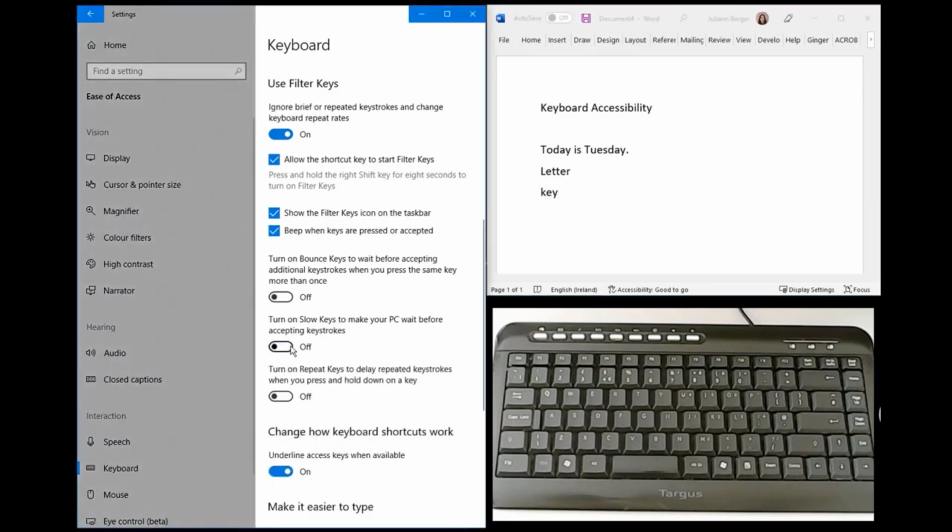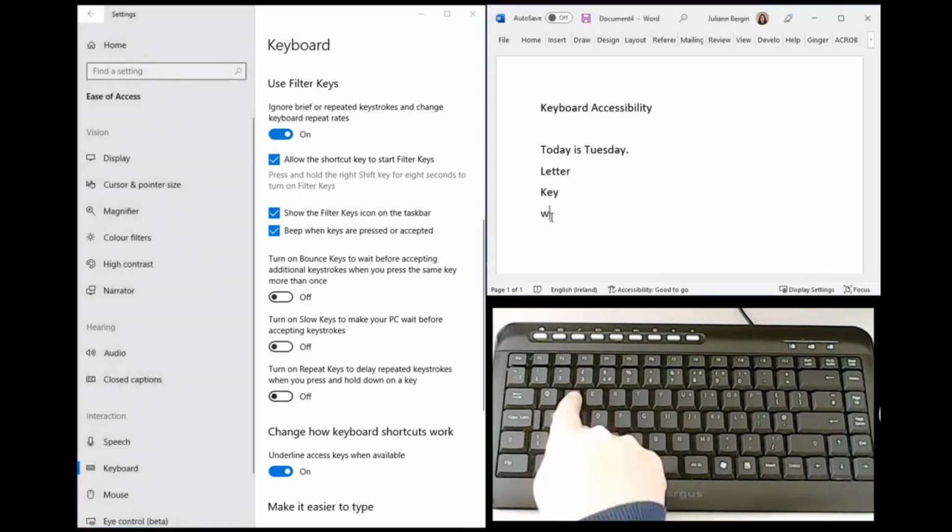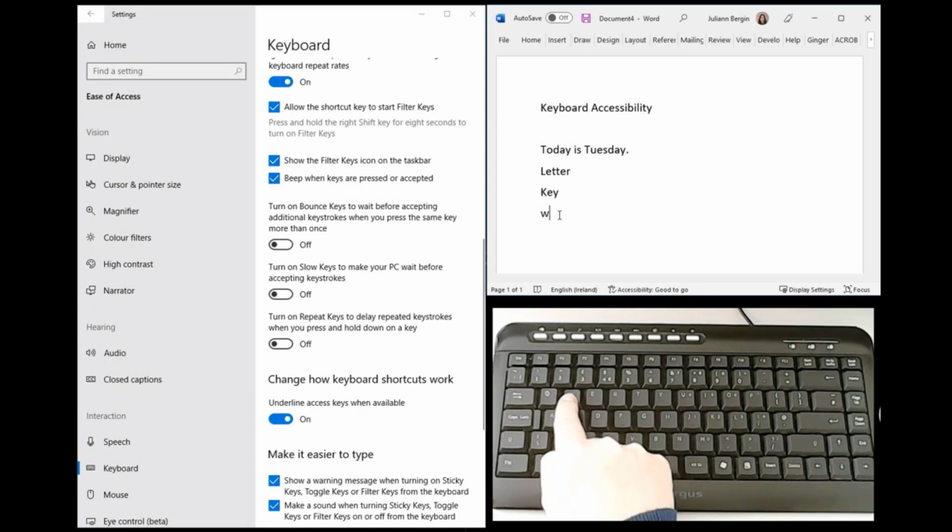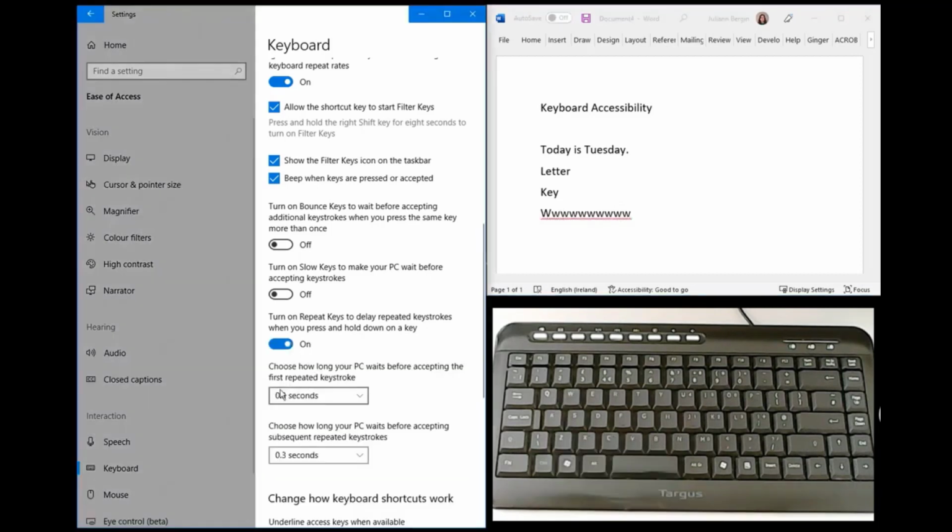The final option we're going to look at is repeat keys, which delays repeated keystrokes when you press and hold down a key. First of all, we're going to look at this without it activated. So if I hold down a letter, for example the letter W, you can see that it repeats quite quickly on screen. So when I turn this on, it's going to change how long I need to hold down